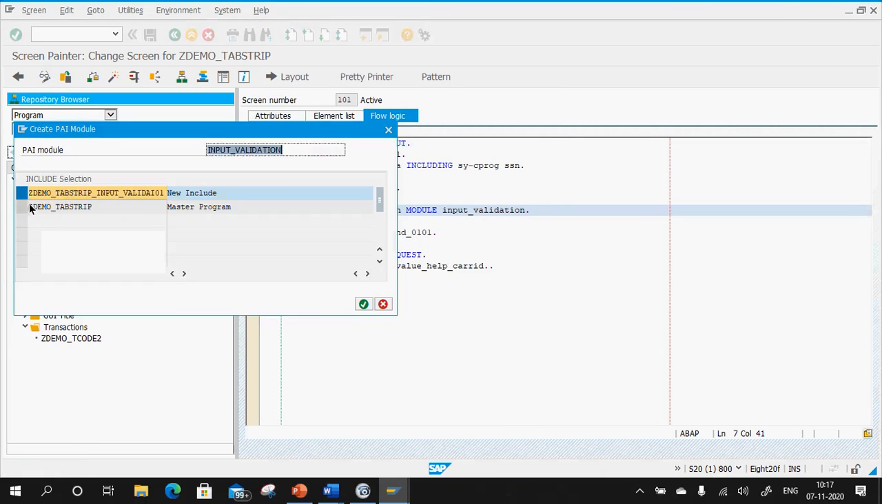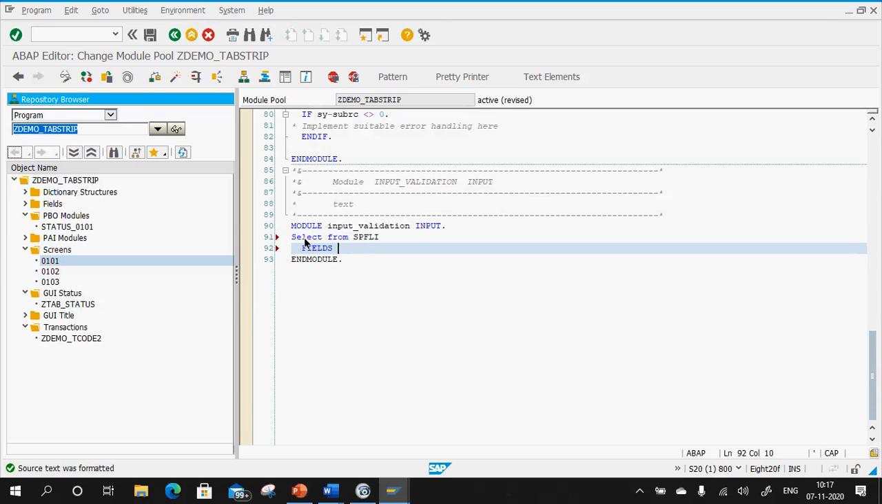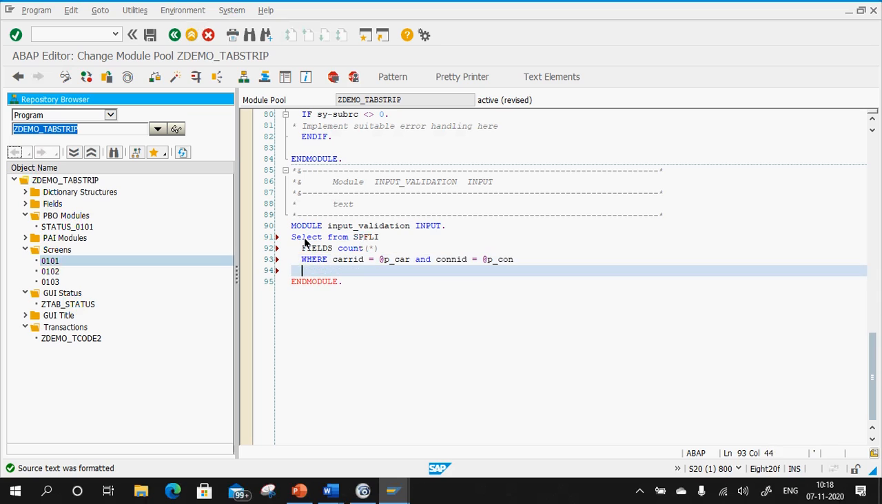It will ask you for creating it. Create the same in zdemo_tabstrip. Here now I will write the logic. So what we will do, select from SPFLI fields, we will do a count asterisk. Okay, count asterisk where carr_id equals to @p_car and con_id equals to @p_con